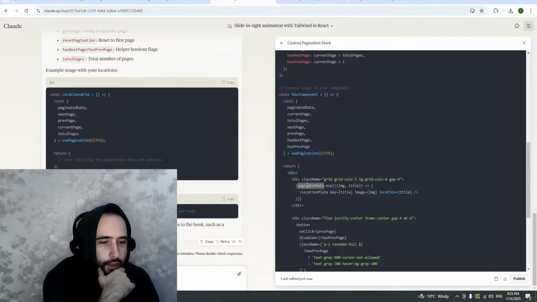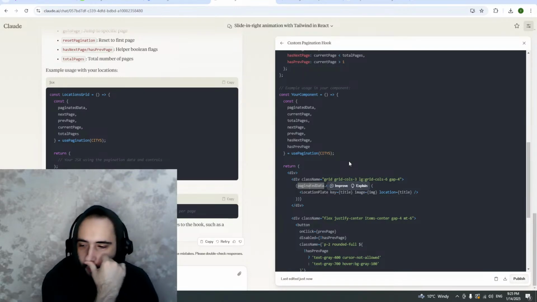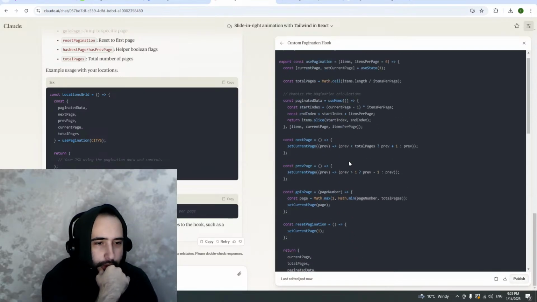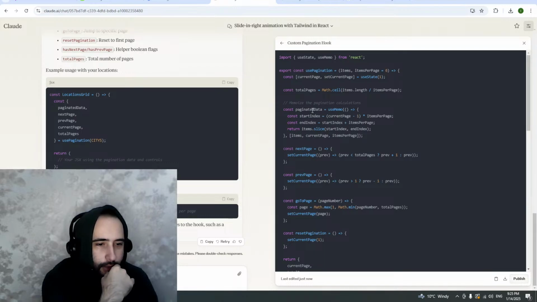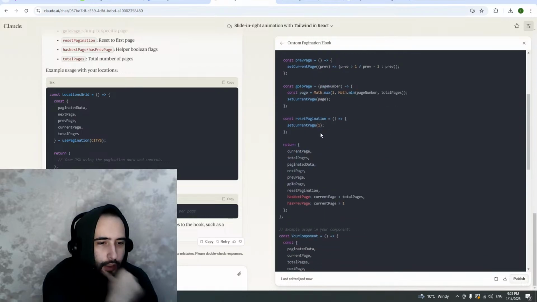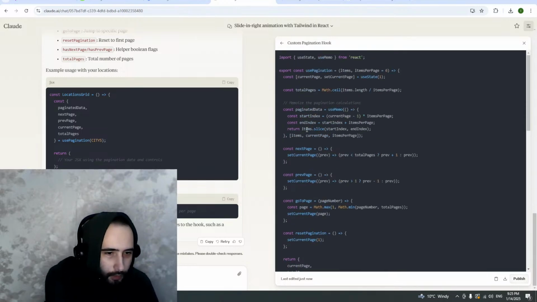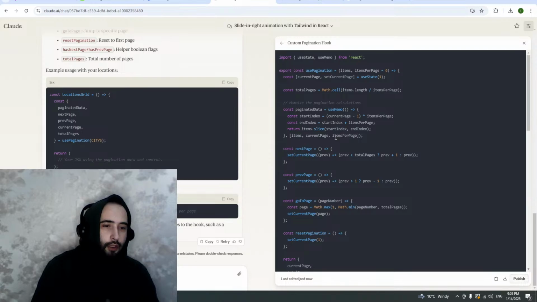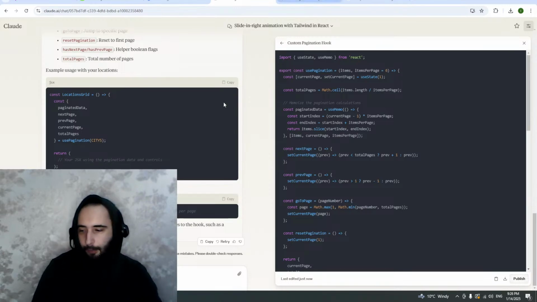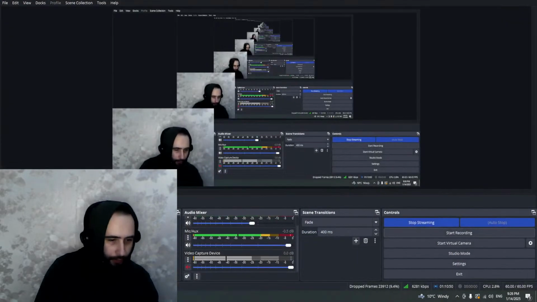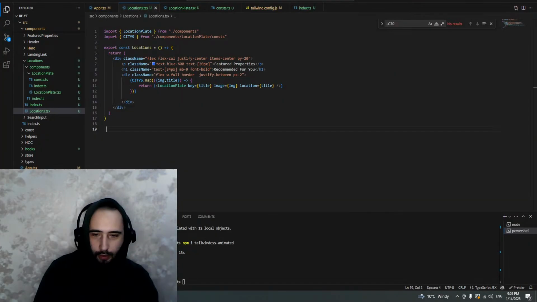Okay, so plus we are mapping here our paginated data. Paginated data is being returned in our custom hook. Items are being passed. Okay, it's interesting actually. Let's try. Okay, so how is our draw frames? It's perfect. That's great. So let's create